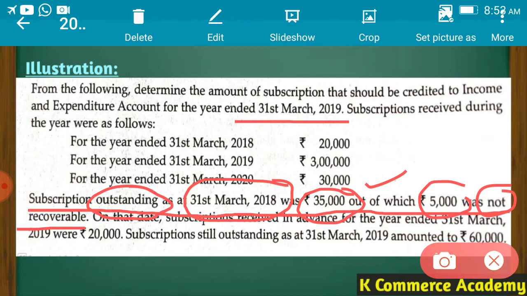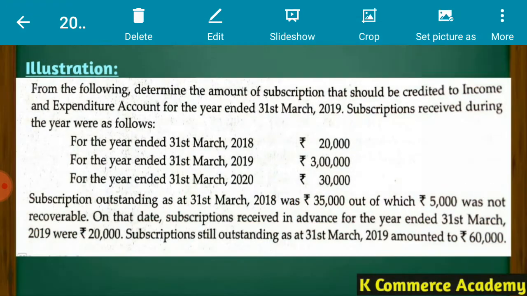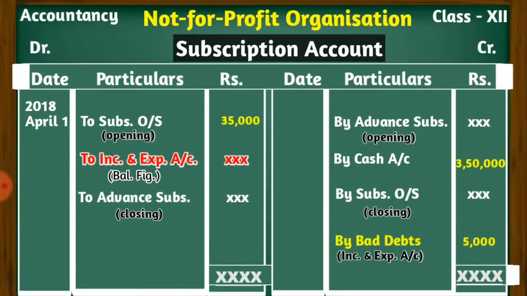Again, an item which I had just shown in yellow color, the exceptional item, has been accounted here. So let us mention all these items in the subscription account. Rupees 35,000 is the outstanding subscription in the beginning and 5,000 is the bad debt. So we'll mention these items in the statement of subscription account.